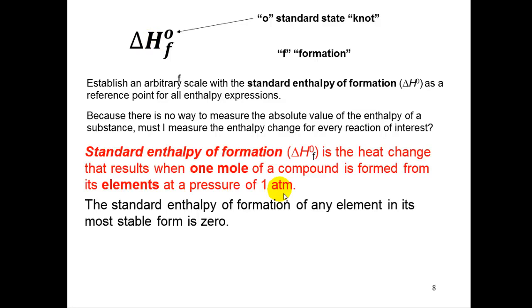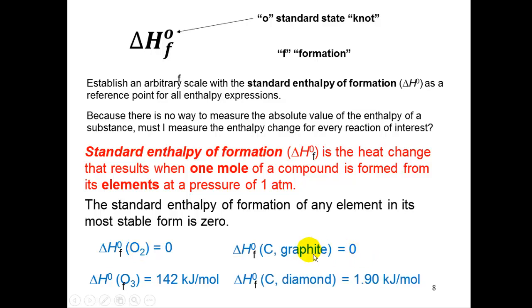The basis set comes from the most stable form of the element, the most naturally abundant form of the element. As an example, oxygen. Oxygen is not O, but its most naturally abundant form is O2. So that is the reference set of 0. So all oxygen compounds, such as water or ozone, are relative to the naturally abundant state of oxygen found in the most stable state. The most naturally abundant state of carbon is graphite, and that's designated 0. All elements or compounds that have carbon, such as CO2, such as glucose, are measured relative to